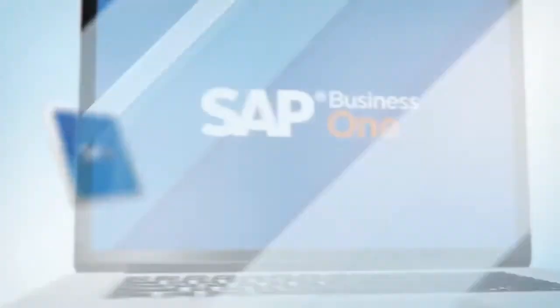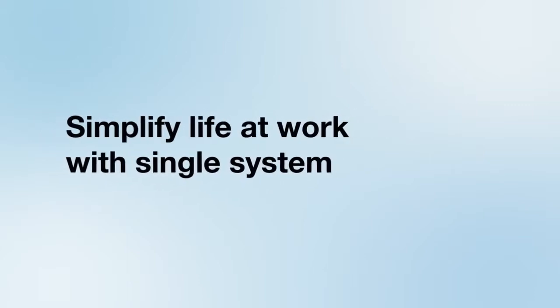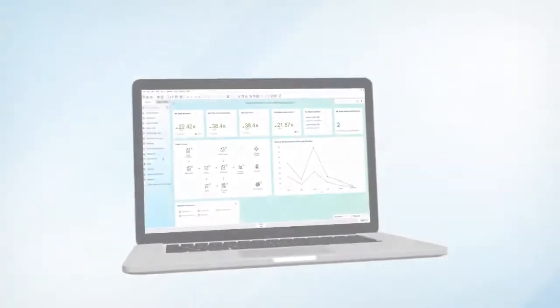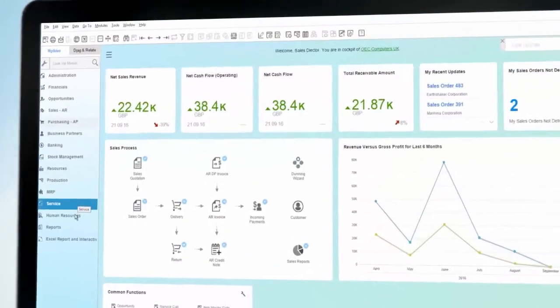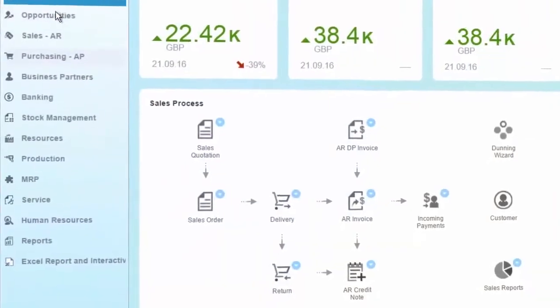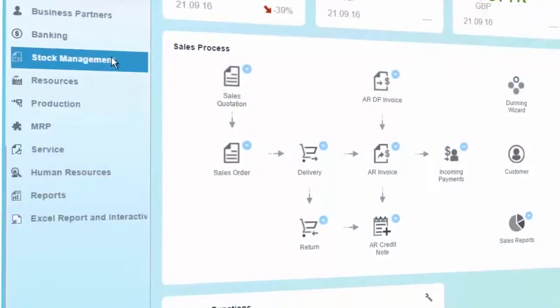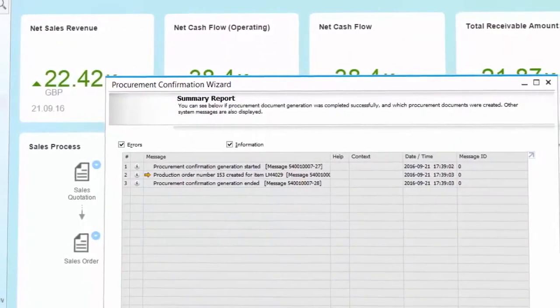The management system must simplify your work and be easy to use. SAP Business One is the solution that allows you to control the entire organization easily and efficiently. SAP Business One provides all the functions necessary for efficiently managing your business, simplifying business processes such as, for example,